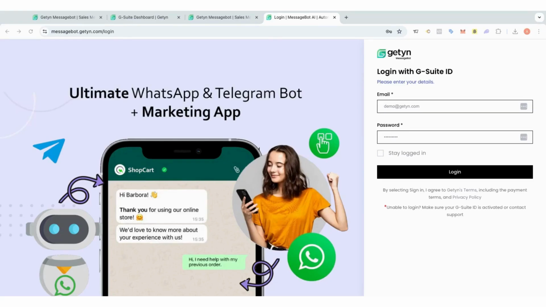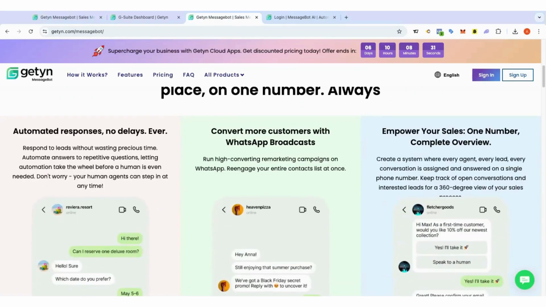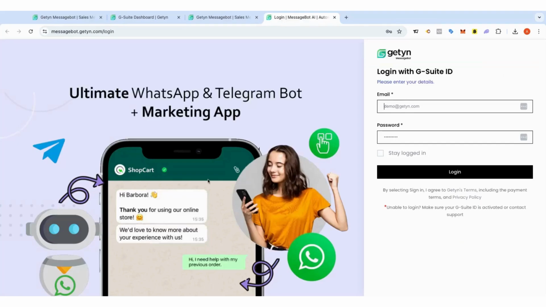If you have recently signed up for Getyn G Suite, then you actually get access to the Getyn MessageBot application as well, which is one of our applications that can be used for WhatsApp and Telegram marketing. Here, you can see the website with details about Getyn MessageBot and how you can use it. Basically, this is an application wherein you can connect your WhatsApp, you can connect your Telegram, and